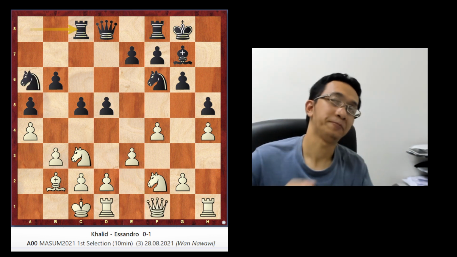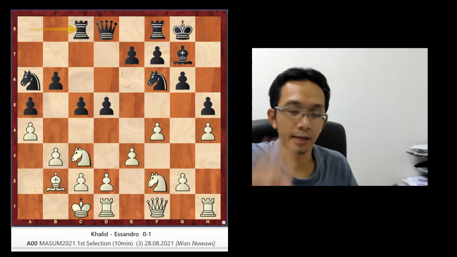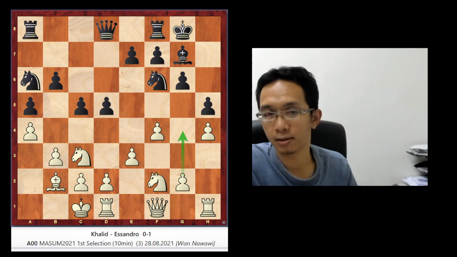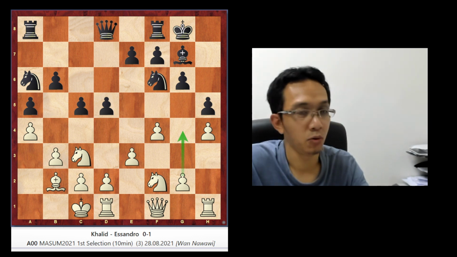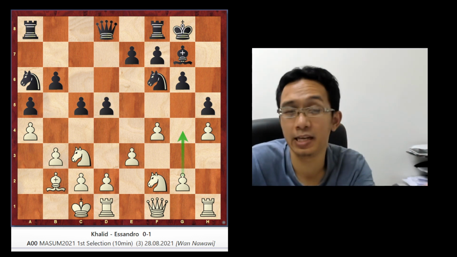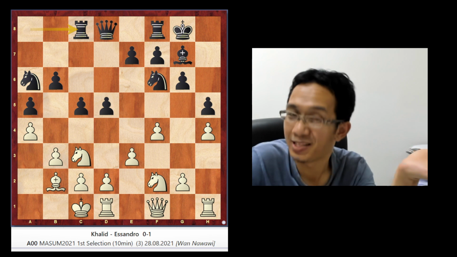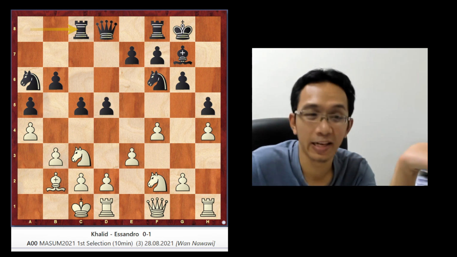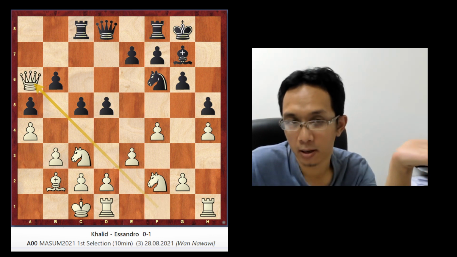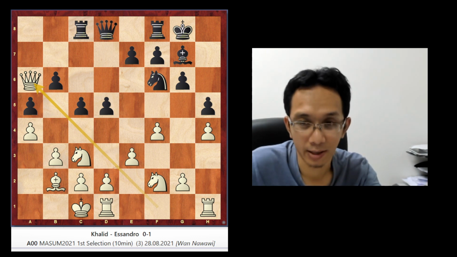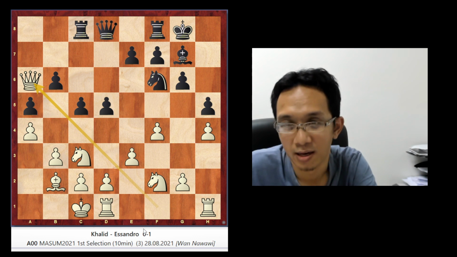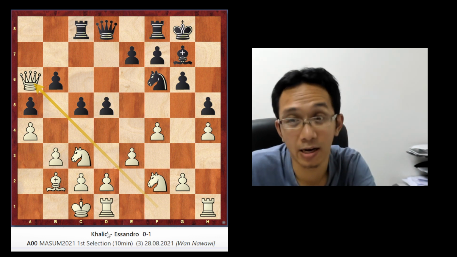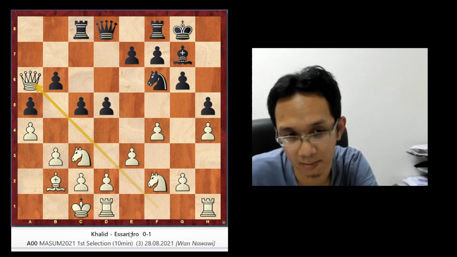So if you look here, in this position, black and white are quite okay, but the position can change drastically if you make a mistake. A tactical mistake like this can easily cost you the game. Okay, you get this for free. But if you look at the result, Khalid lost. Khalid is white, but Khalid lost. White is lost, black is winning.